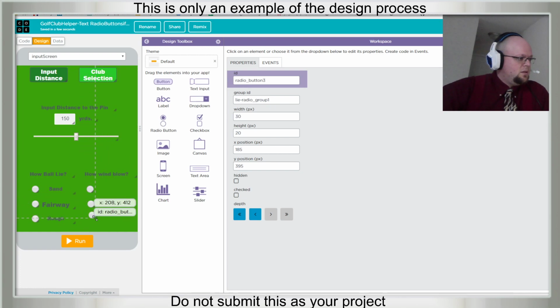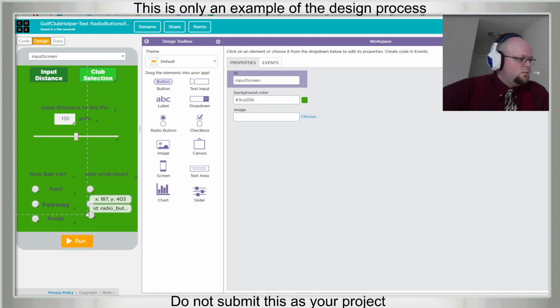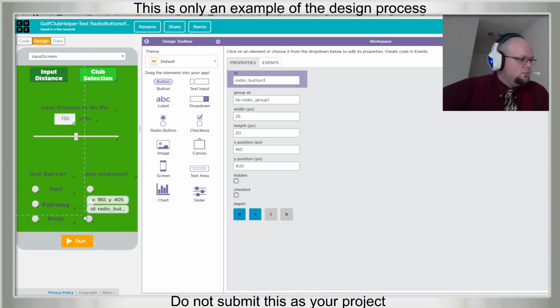And this one is again, whoa, what do we got here? 20. Are these wider than they are tall? 20 by 20, 20 by 20. Yeah, these all need to be width 20 by 20. I made these weird elongated bubbles. Oh, it's not changing the circle. It's changing the space that you can click on for it to count. So that's a thing. And this is with 20 by 20.